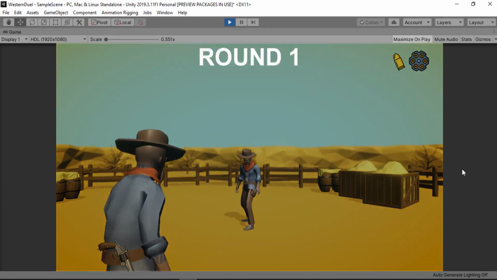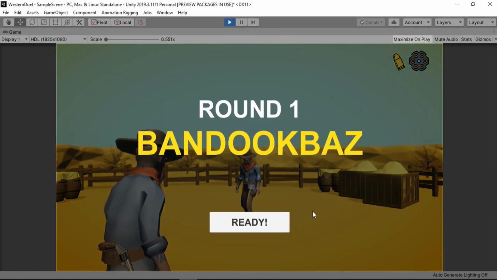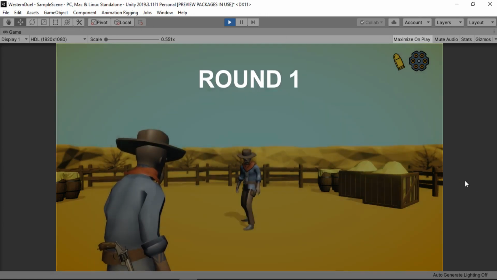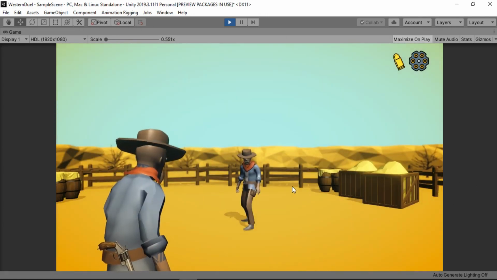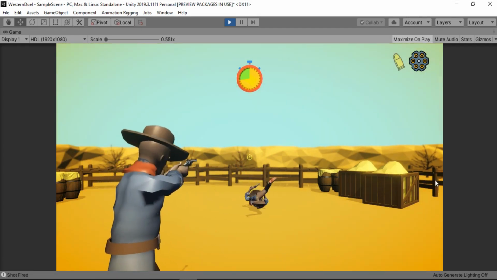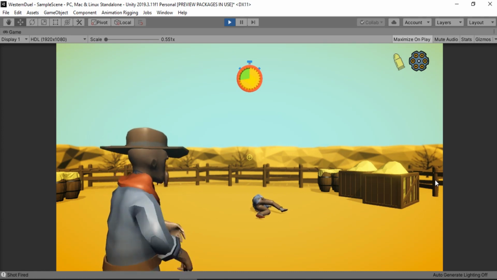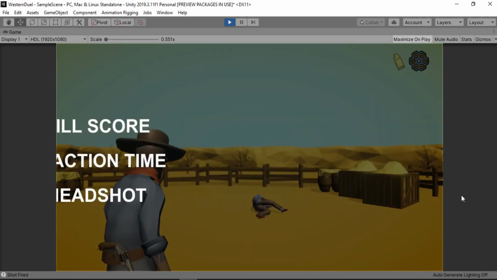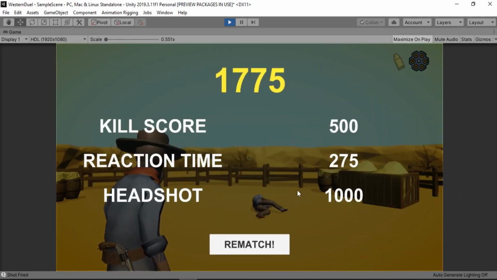So let's just hit rematch because I want a fair match. So let's wait for him to move, and as soon as he moves, you need to hit left shift. I managed to hit a pretty good reaction time, and here you can get some score based on your reaction time, your kill score and the headshot. So yeah,